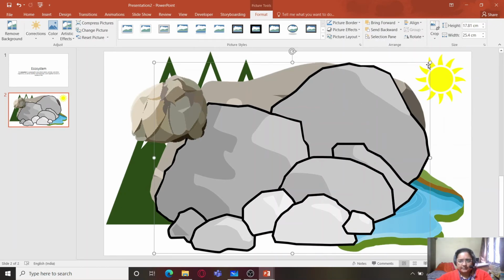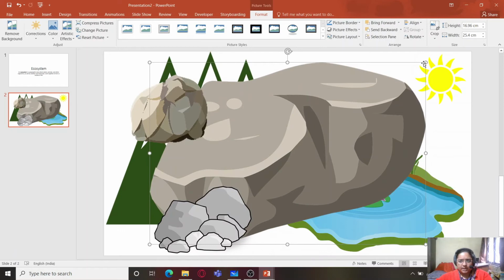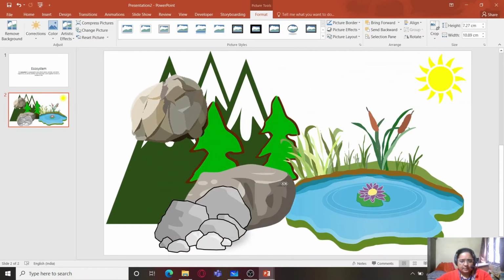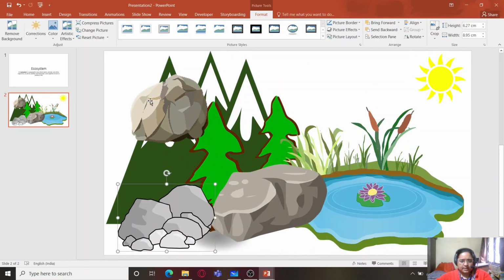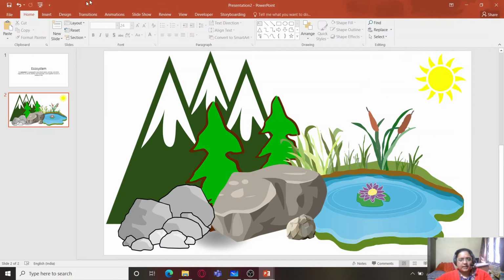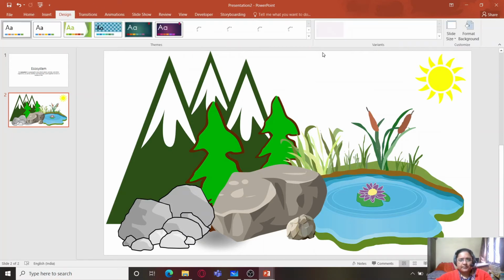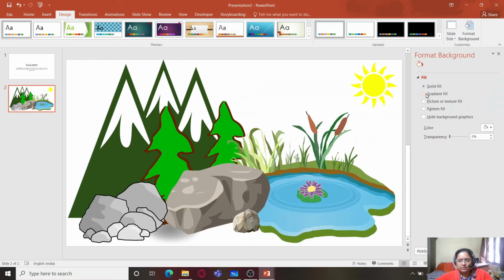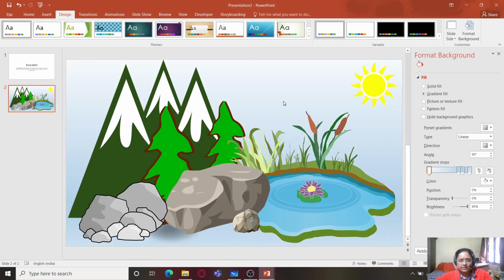We'll resize them to manageable sizes, and I'll place a rock here and a rock there and maybe some small rocks here and there. I'll place a rock this side, and now maybe we can also give a bluish background. So I'll go to design, go to format background, and choose a gradient background, and you can easily see that it automatically takes a sky background from here.